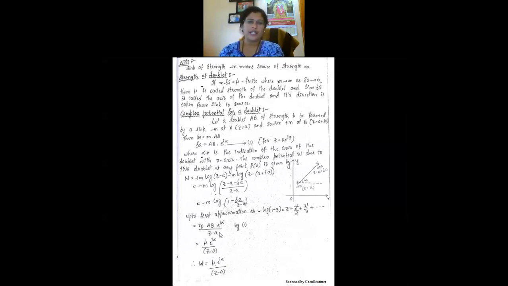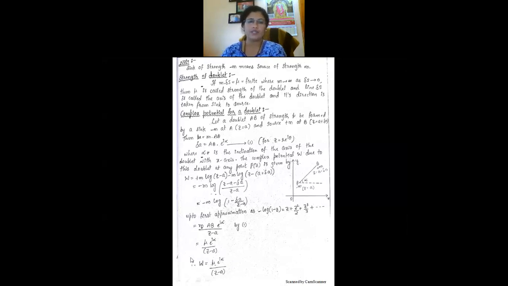Further, we know that mu is nothing but m into AB. So, in place of m into AB, we can write the strength of a doublet, that is represented by a symbol mu. So, it is mu into e to the power of I alpha divided by Z minus A. So, total result we can write that W equal to mu into e to the power of I alpha divided by Z minus A. This is the standard result which we call the complex potential for a doublet,